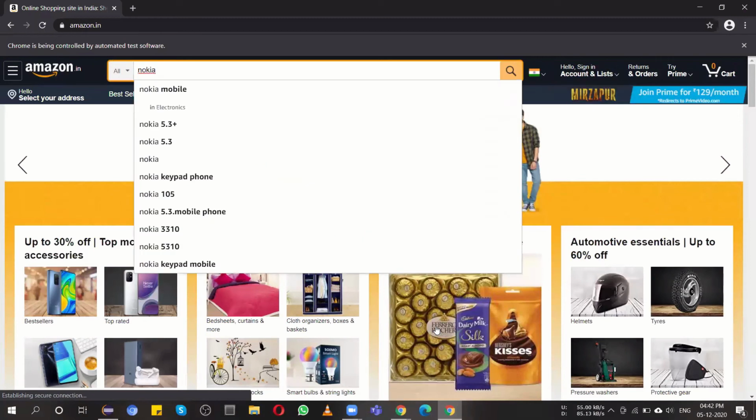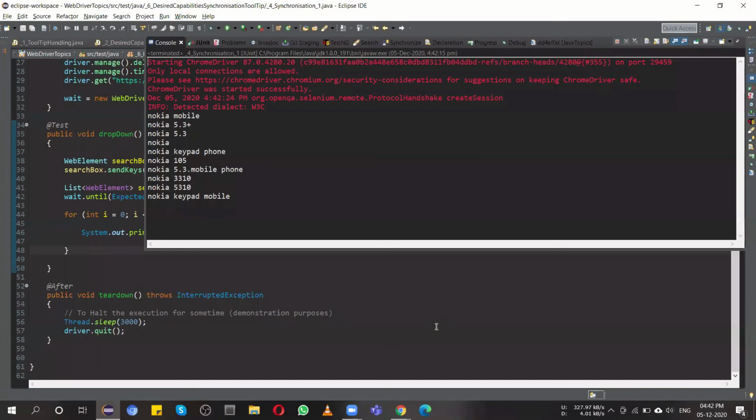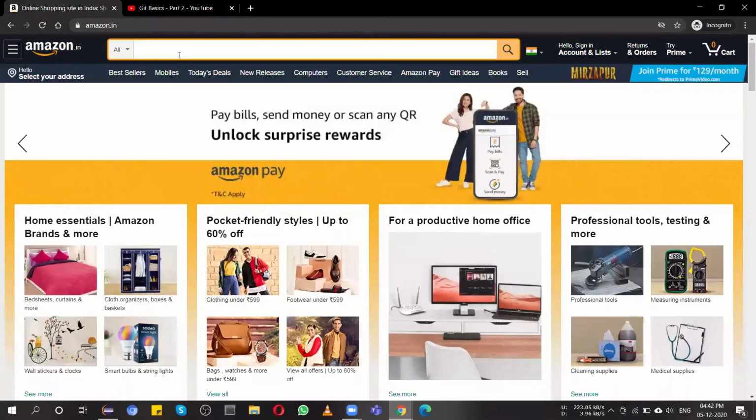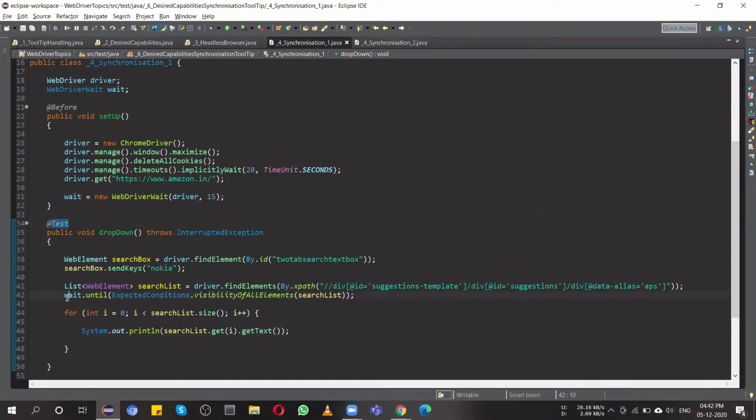So the list appeared, and yes, the list got fetched also. It might be possible that without this wait your actual script will run, but in a scenario where data is dynamically changing or coming from the backend, you have to use WebDriver wait. Because we never know how someone's system behaves, or how the application and the backend are behaving at the moment someone executes the script.